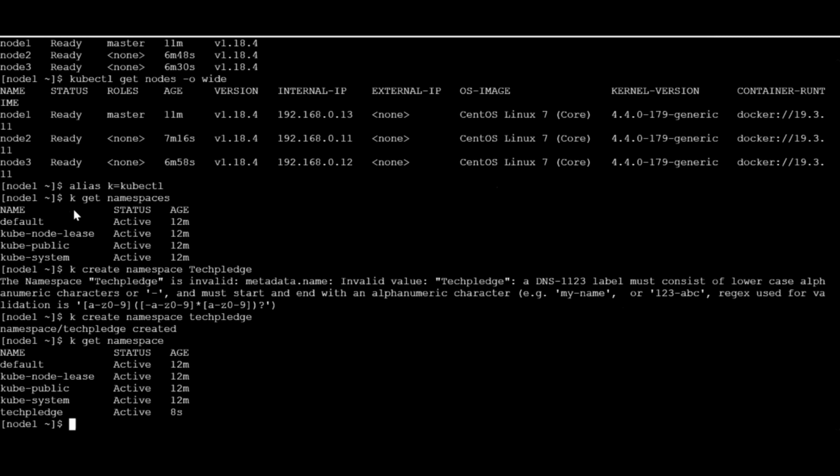For now, whatever we do would be going inside default. So if you do right now get deployment, or let's do get pods,